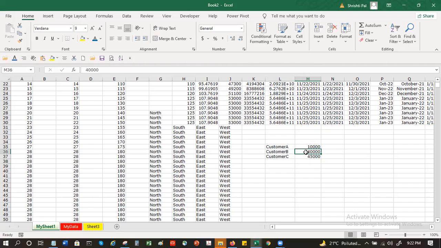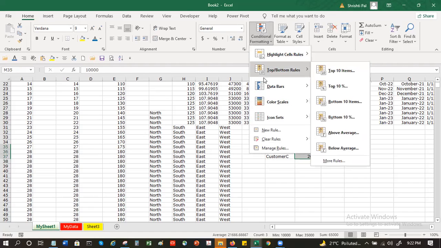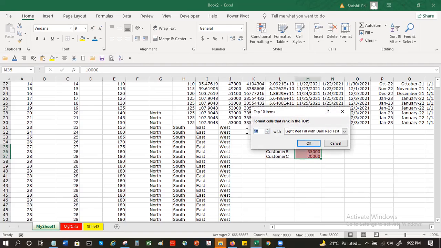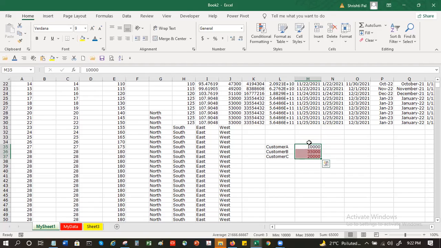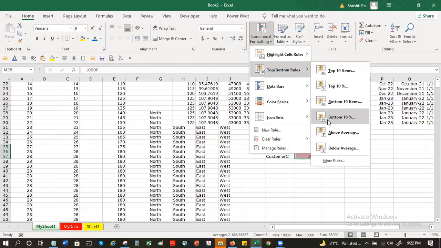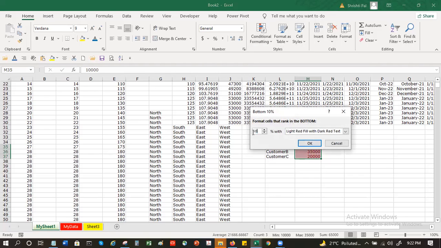Suppose I have them like this, up and down. Now, if I were to go and do a conditional formatting and say top, instead of 10, I say top 2. And the opposite, I can do bottom 2. Now this is percent actually.